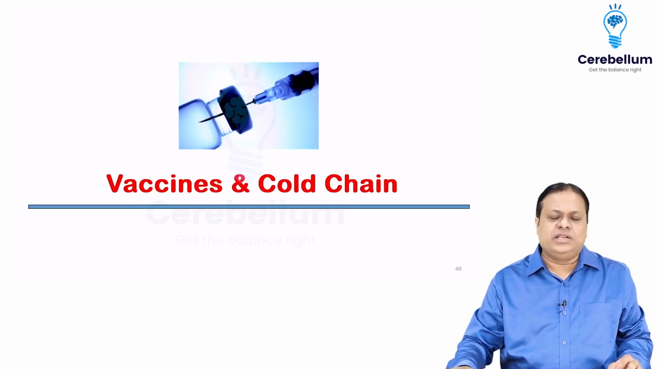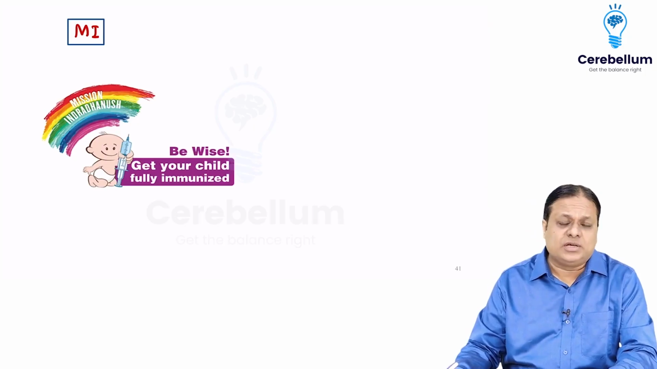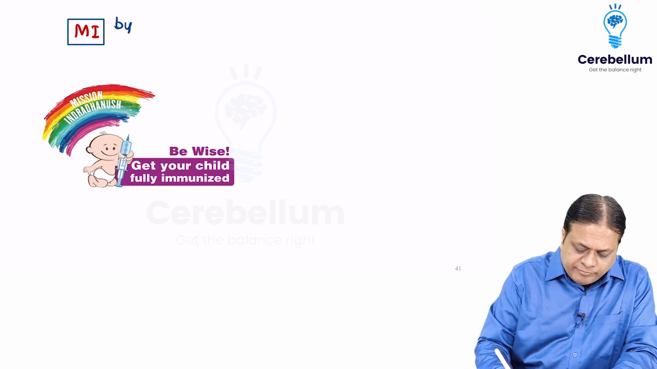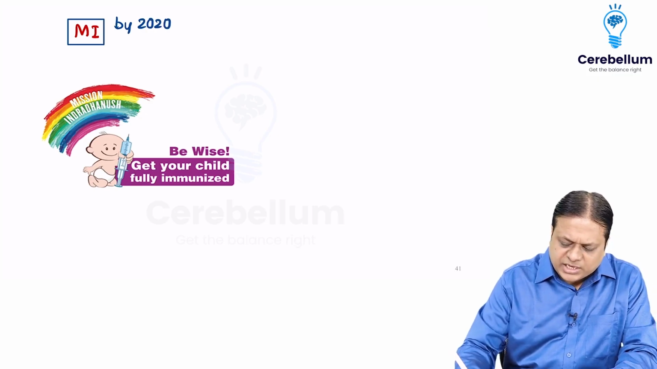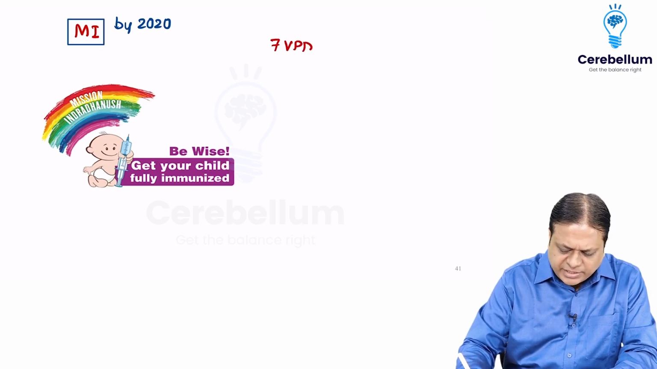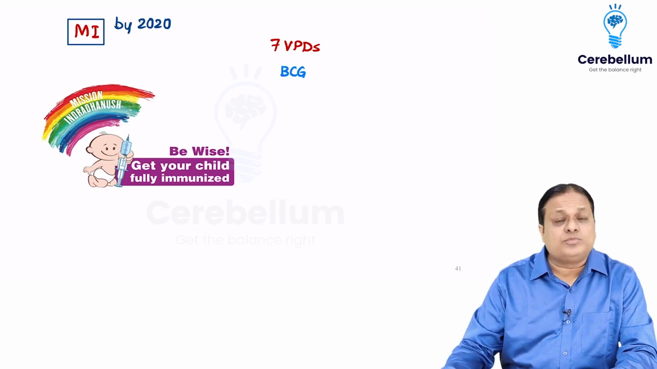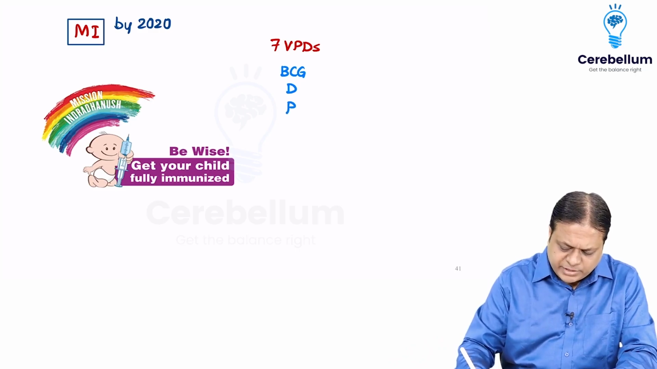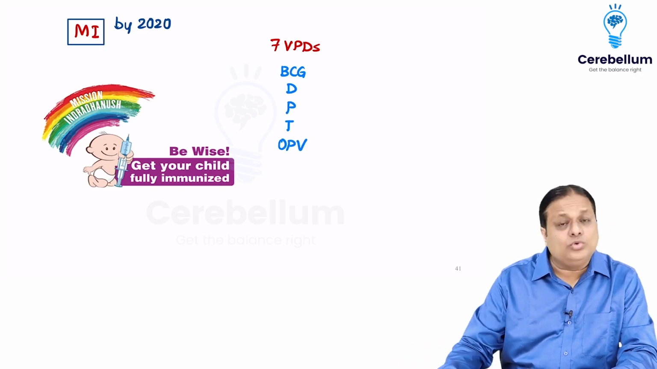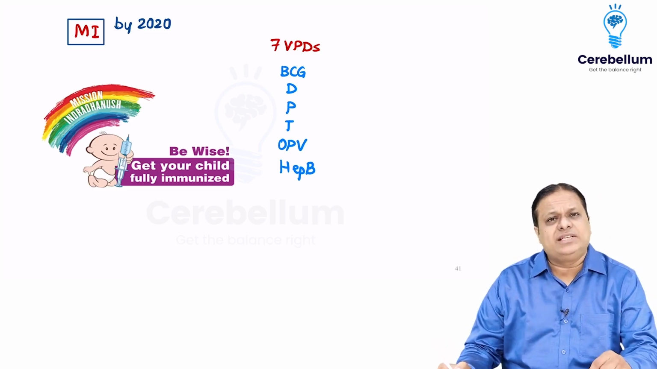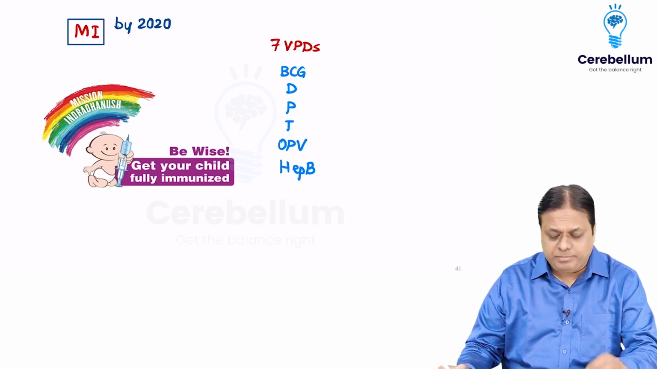Unit: vaccines and cold chain. We first start with MI, Mission Indradhanush, where the main aim was to immunize 100% coverage for all children in the country by the year 2020. For this, initially we targeted 7 vaccine preventable diseases. These are severe forms of TB through BCG, diphtheria, pertussis, tetanus, polio through OPV, hepatitis B through hepatitis B vaccine, and the disease which causes maximum morbidity, mortality among VPDs, that is